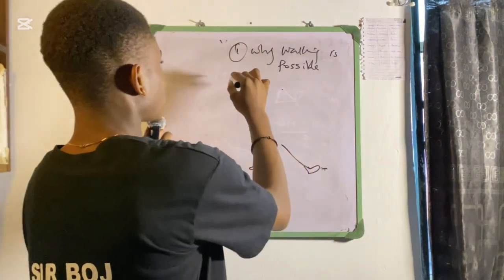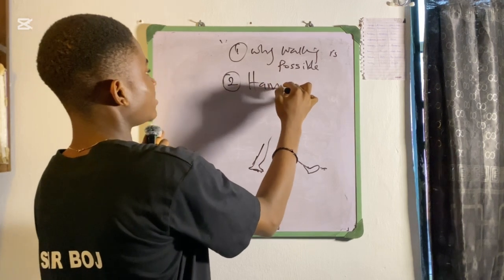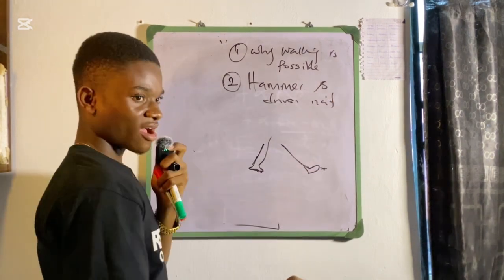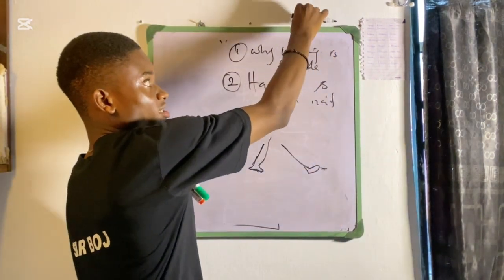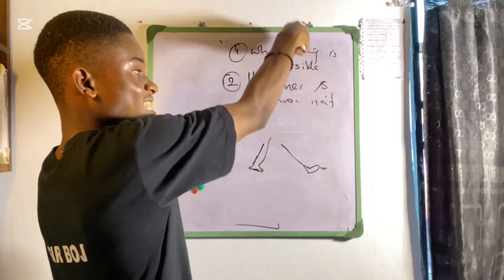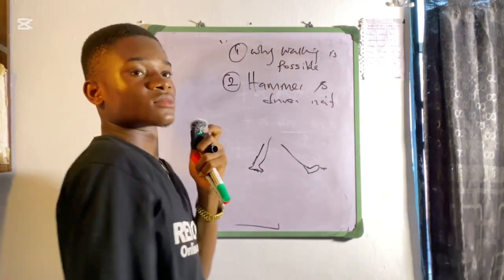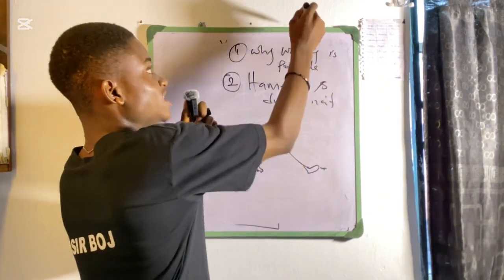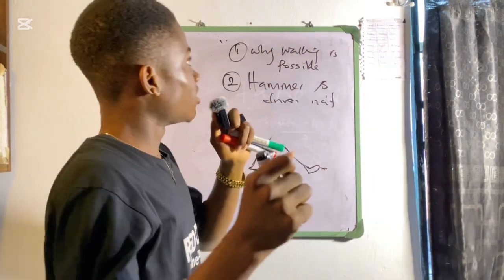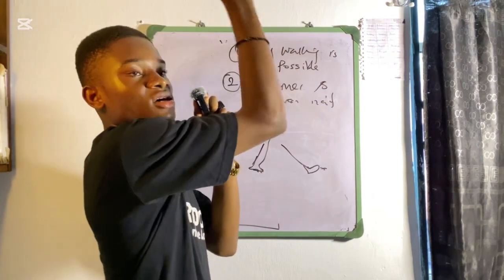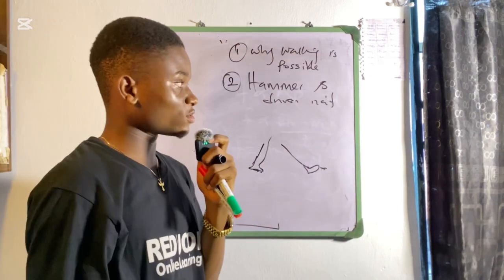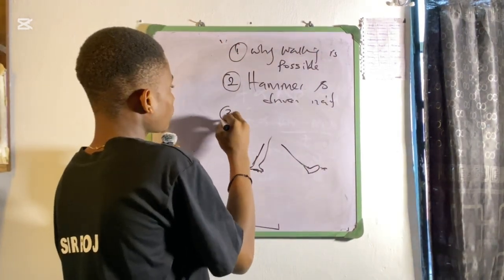Are we together? Now, secondly, is the hammer and driven nail. You have a nail. You want to nail this into the wall, and with your hammer you are hitting it inside. That hitting is an action. Now, the nail is also going into the wall. It is the reaction. So the action is that there is a force that the hammer is coming with, and the nail is also entering inside the wall. It's a reaction to the action of that force.